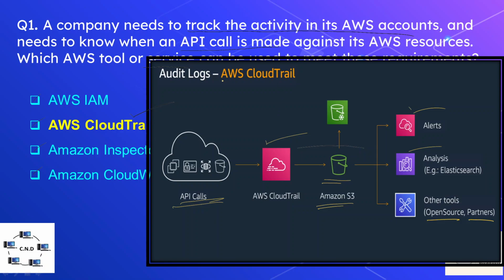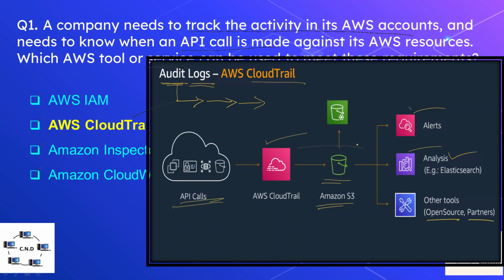So that's all about AWS CloudTrail. It is basically about auditing. Audit means that whenever there is some activity inside your network, this activity is logged and logs are generated, and then you can use these logs to audit the activity for any suspicious activity or for any other reasons such as